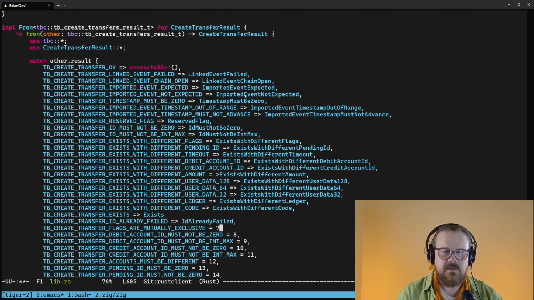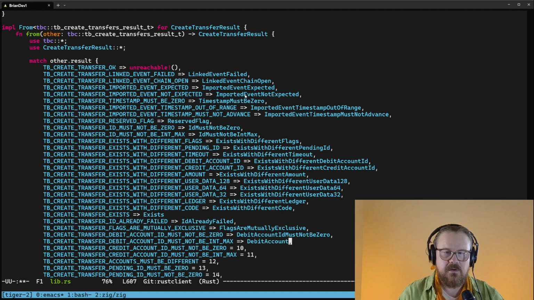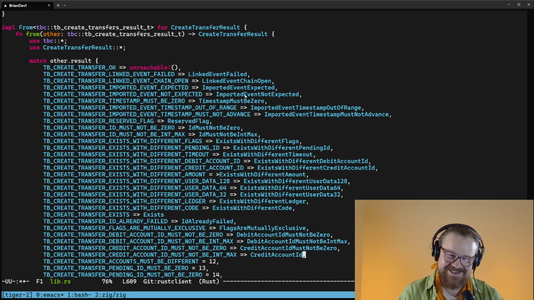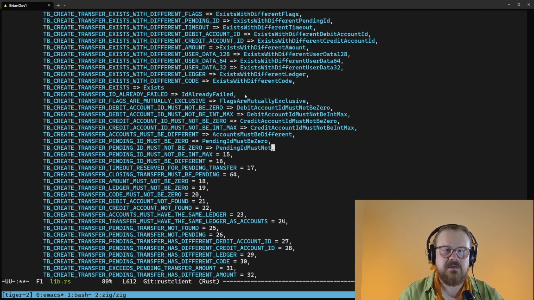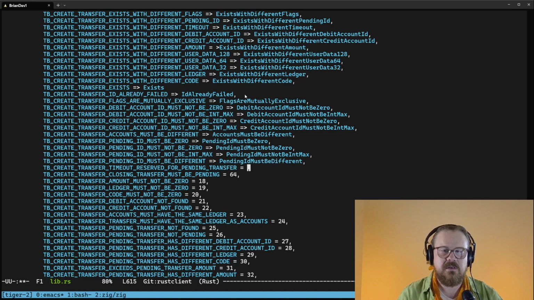ID already failed, fat arrow, flags are mutually exclusive, fat arrow, debit account ID must not be 0, debit account ID must not be int max, credit account ID must not be 0, credit account ID must not be int max, fat arrow, accounts must be different, pending ID must be 0, pending ID must not be 0, fat arrow, pending ID must not be int max, pending ID must be different,